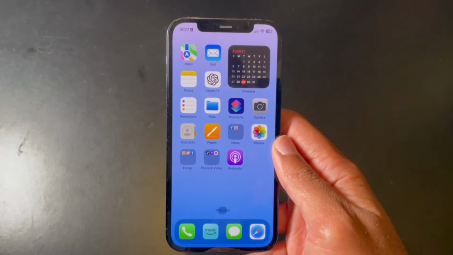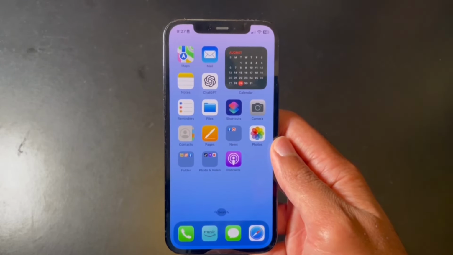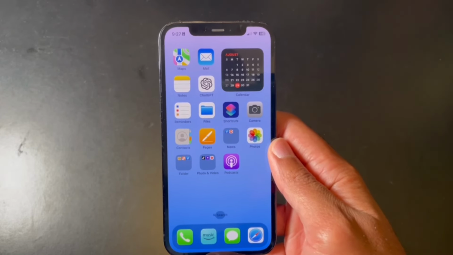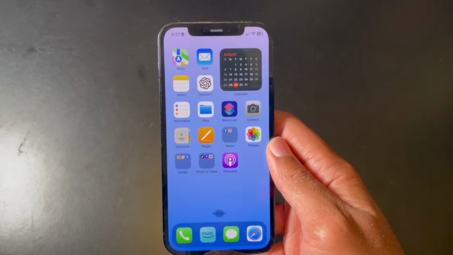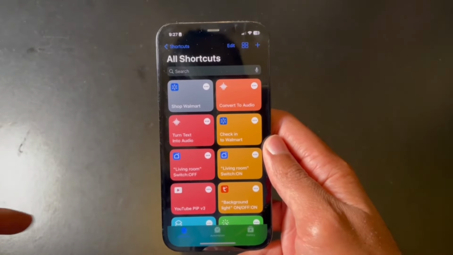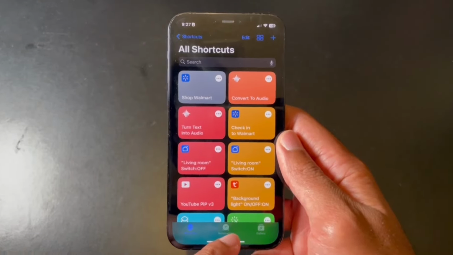Unfortunately, Apple hasn't given us an easy and clear way to lock apps, but there is a workaround for this, and it's by going into Shortcuts. It's a very easy process that takes about 30 seconds. So we're going to go ahead and go into Shortcuts, and then we go down here where it says Automation,